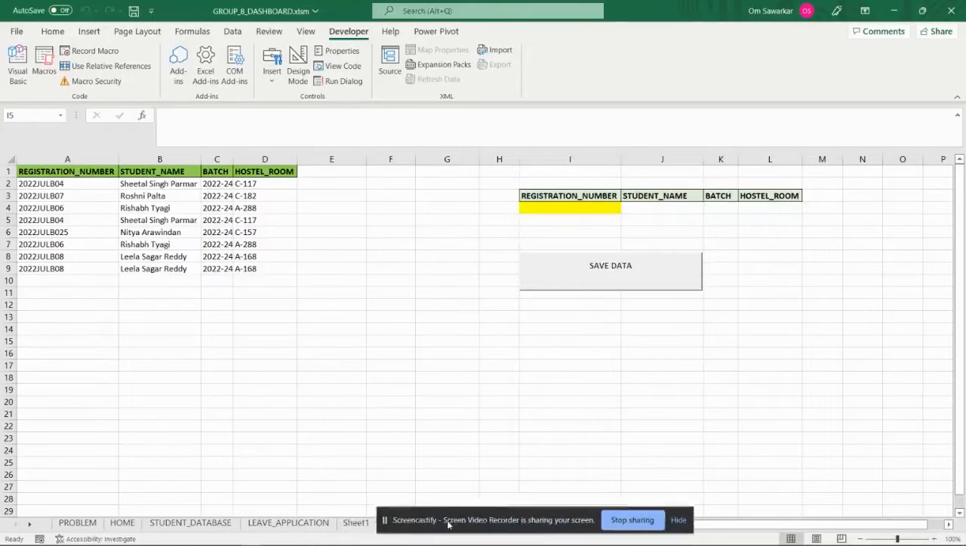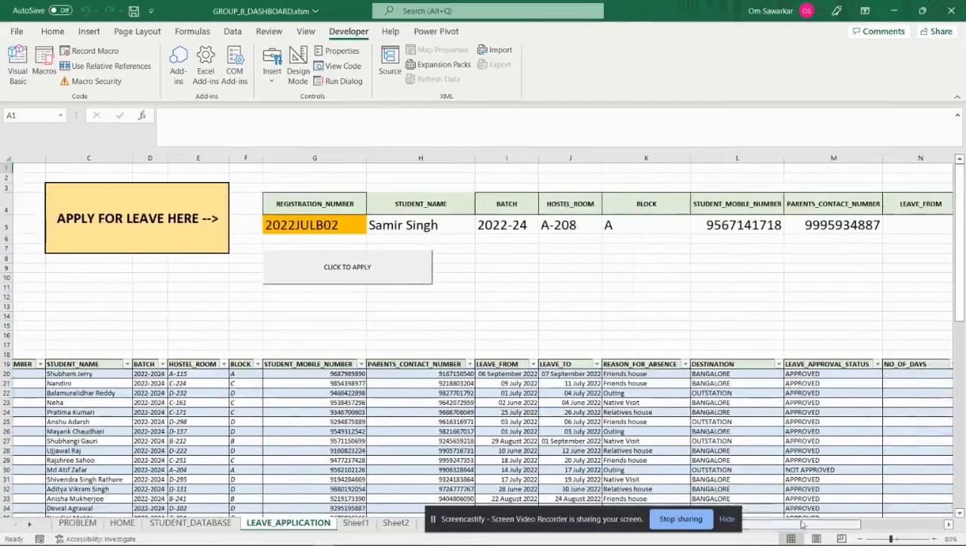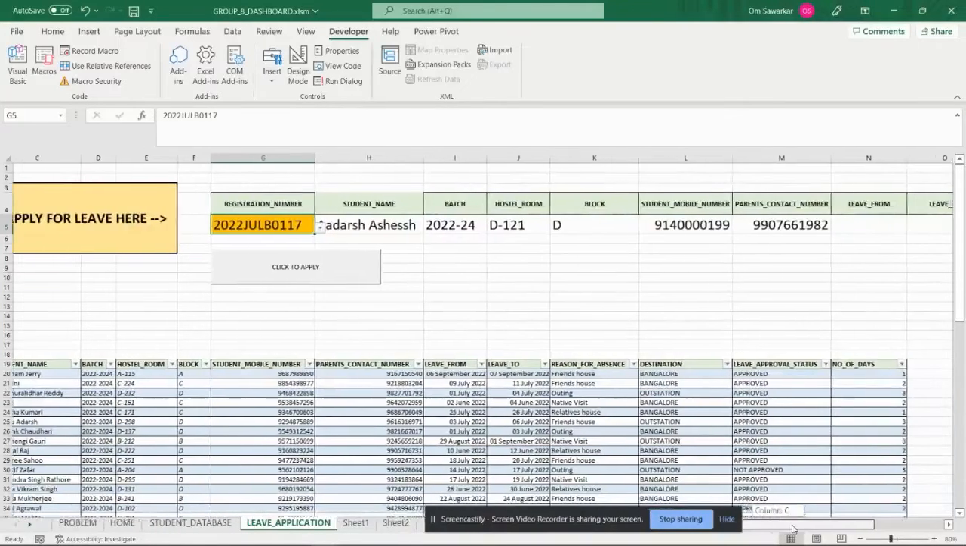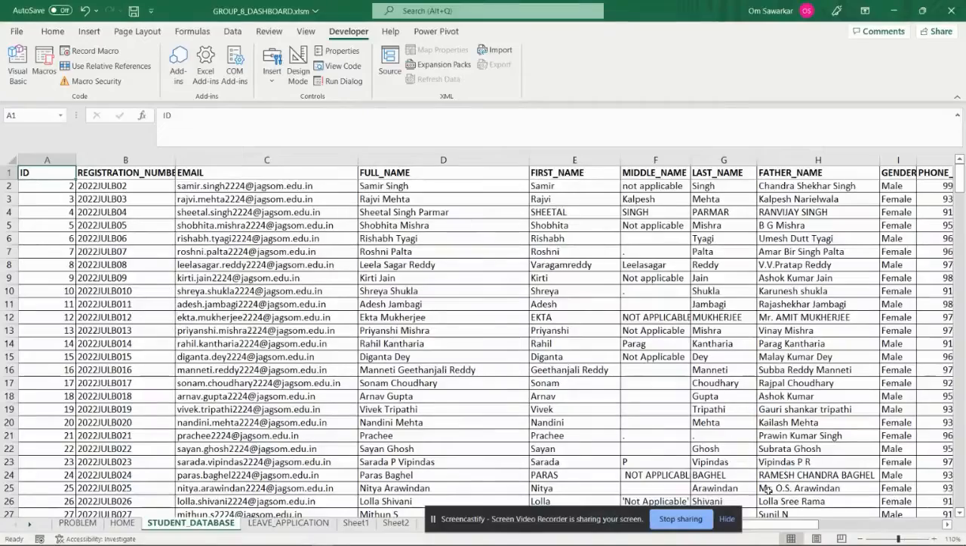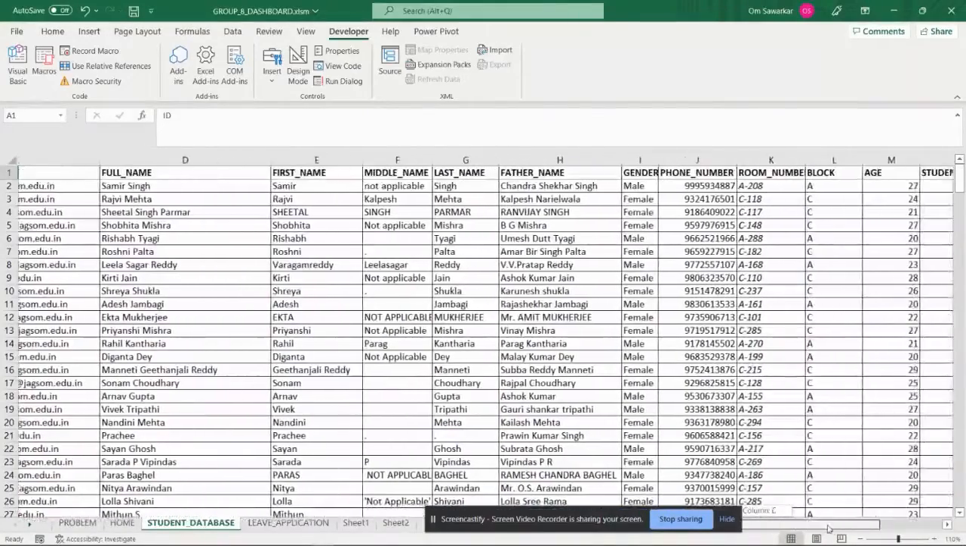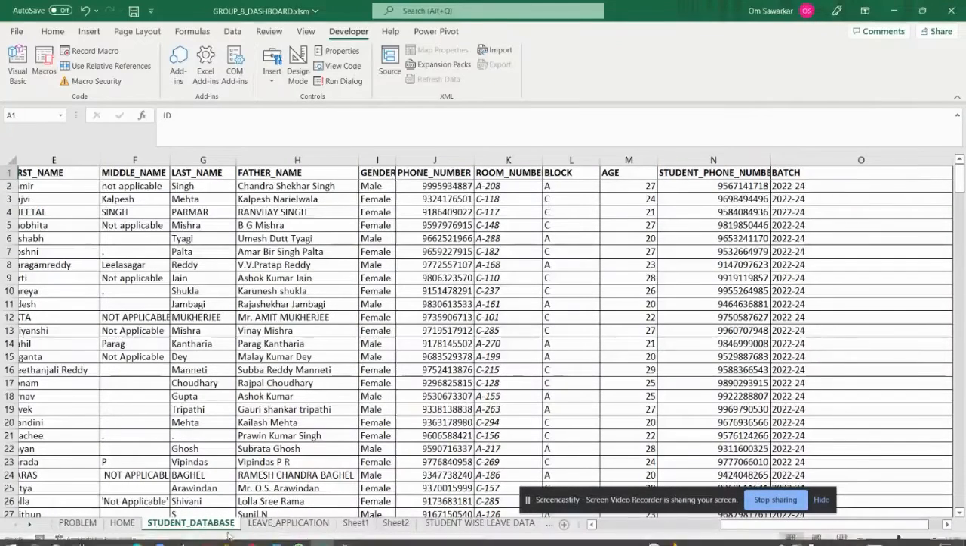So relating this to our example, we come back to our leave application, wherein we select any registration number. For example, here we have Adarsh Ashish. So as we can see, his name, batch, hostel room, block, his mobile number, parents' mobile number has already been retrieved from the student database, which is this, as we can see the columns here. Then the next step here would be